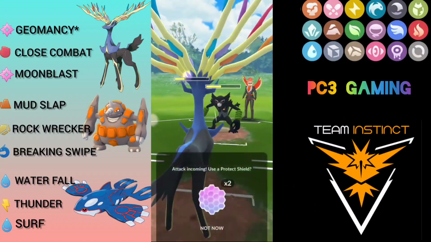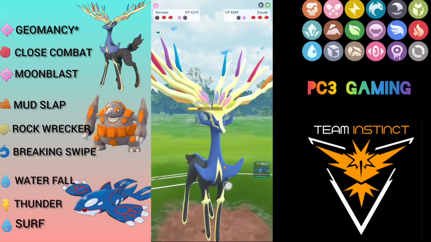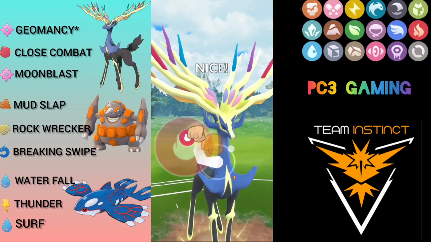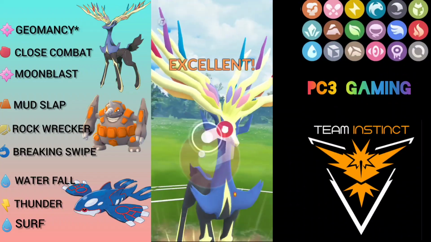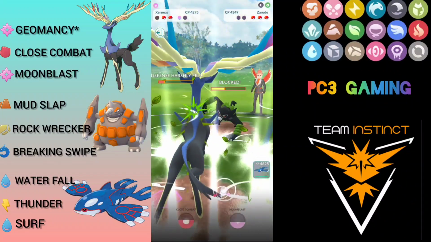So I'm going to shield here because I don't want to lose my Xerneas very early, and hoping that next move he lets it go, and I want to farm up to close combat, and I will throw it immediately. Let's hope he doesn't shield, and I think he does shield, and now I'm in a very big trouble, and